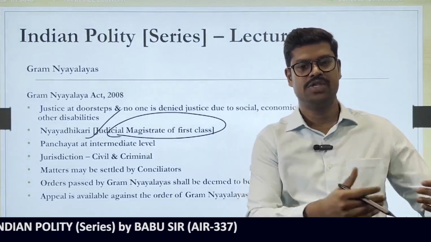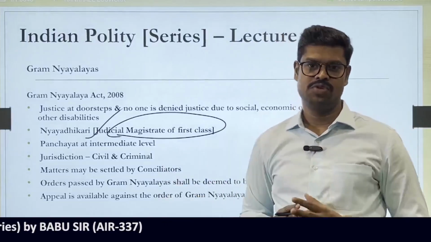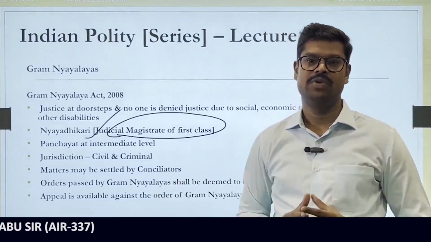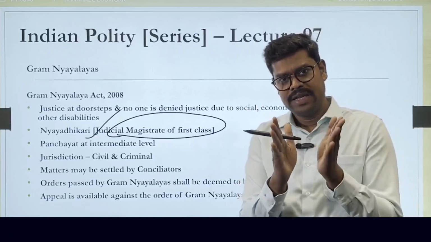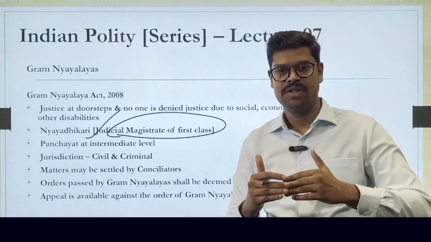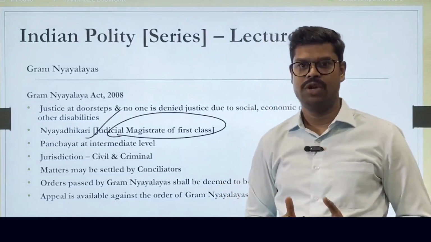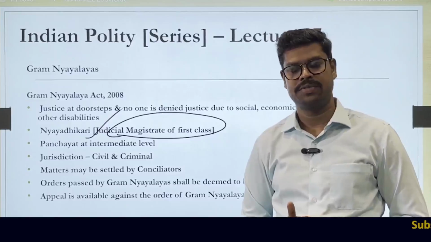So he will reach the doorsteps of the people, look into their cases and settle the disputes then and there itself. So this is basically what is called the Gram Nyayalaya. Try to understand, the Gram Nyayalaya is part of the regular court system, but it is a concept of what is called a mobile court, the court going to the doorsteps of the people. So that's what you'll have to understand.